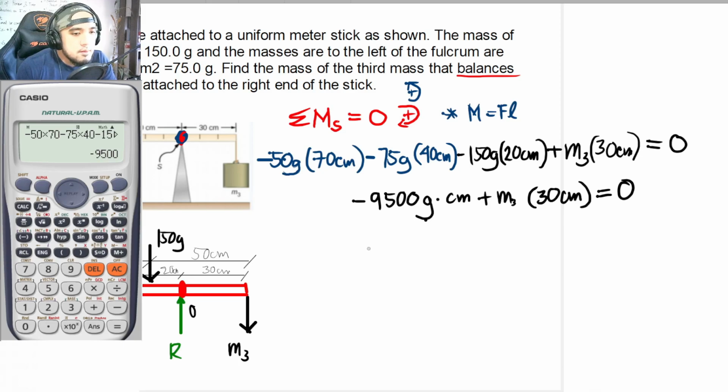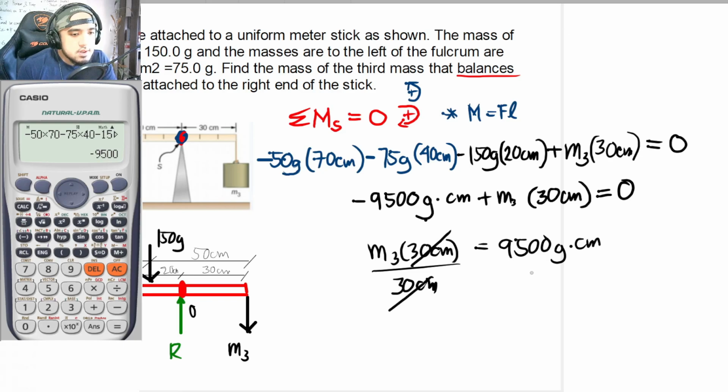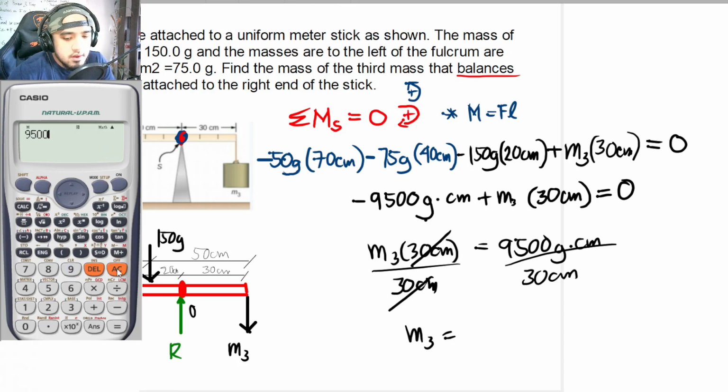So m3 times 30 cm is equal to 9,500 gram cm. So if I divide both sides by 30 cm to get rid of this 30 cm, m3 is now equal to 9,500 divided by 30, and our answer here is now equal to